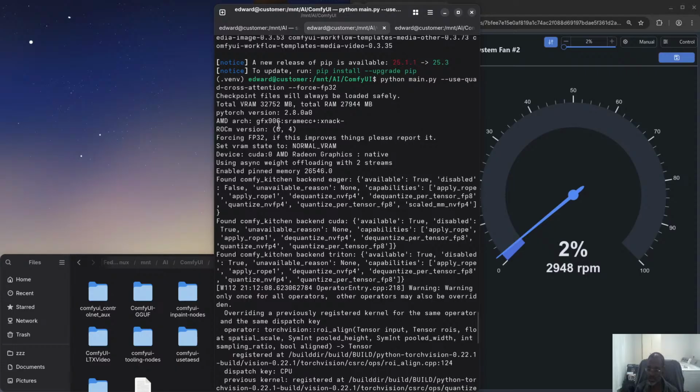So you see here, proof is in the pudding. GFX906. That's AMD MI60. ROCm 6.4. Right? It's going to force FP32. Now, obviously, don't do this. Depending on your GPU, you find out what works. So what this means is that